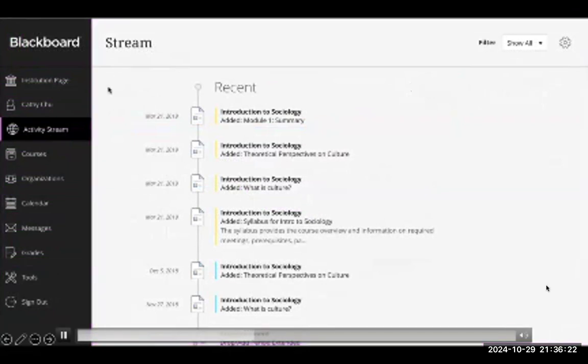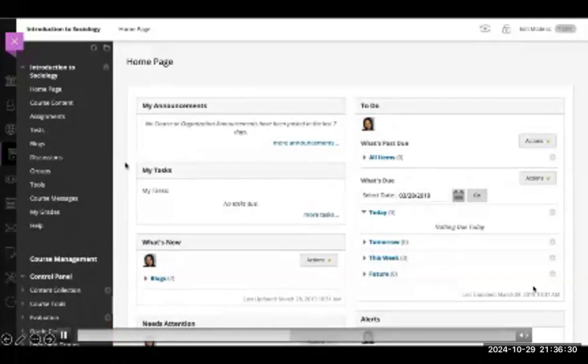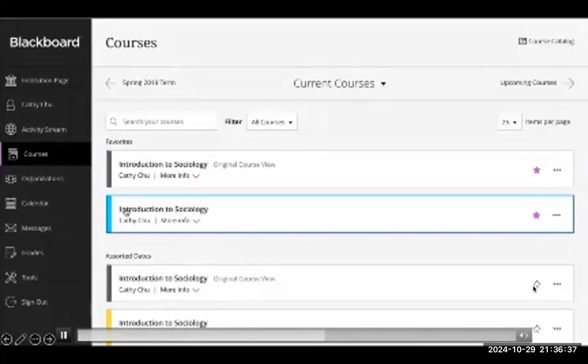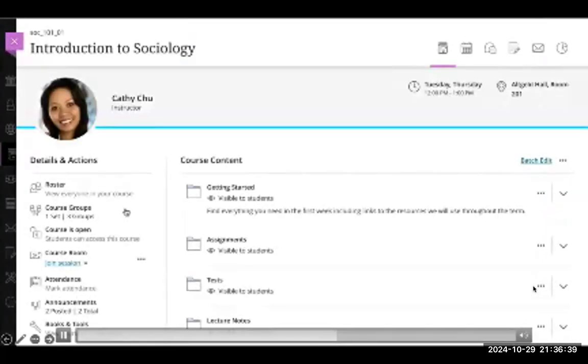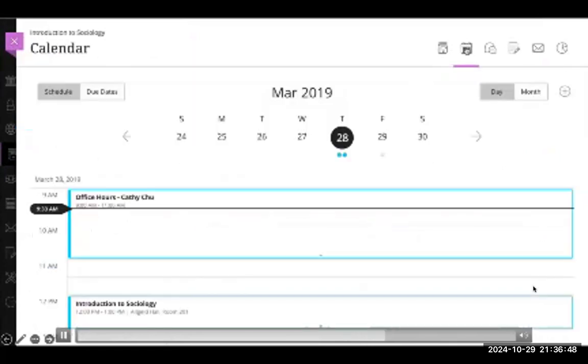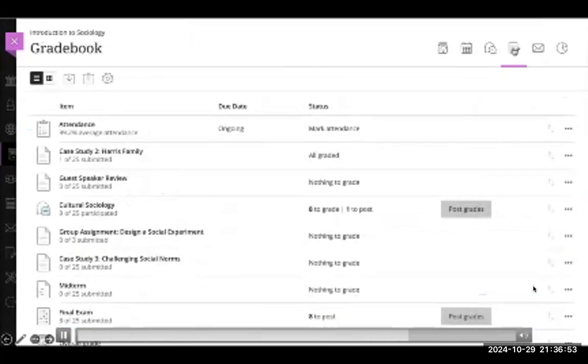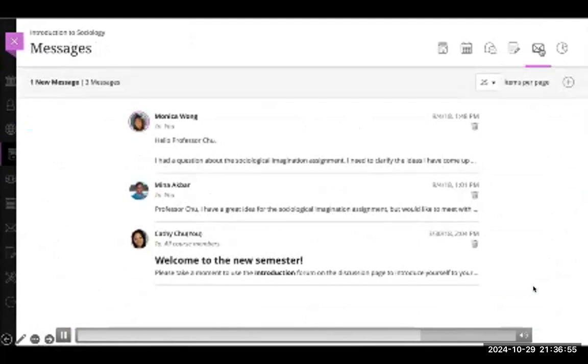Right now, let's focus in on your courses. Depending on the setting chosen by your system administrator, when you access your course, you will either see the familiar original course view with the traditional Blackboard Learn layout and workflows, or you will see the new Ultra Course view where everything is organized so that all the course material, interactions, and tools are right at your fingertips. You can quickly add content to your course, check the course calendar, drop in on class discussions, access the course gradebook, and even send a message.